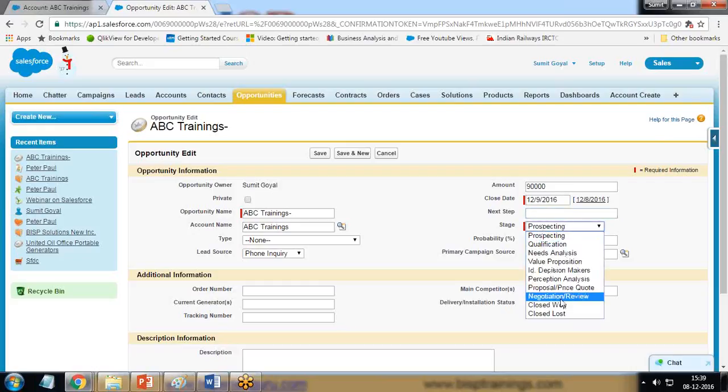Now you must be wondering why there are a lot of stages available. Because for different organizations, they have different requirements. Like in my case, in BISP's case, we offer them the training, and if they are okay, they simply say yes or no. But in